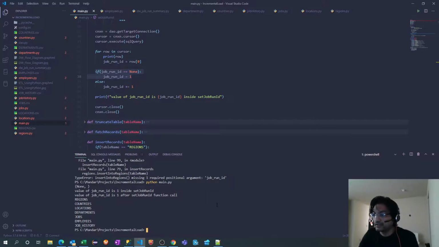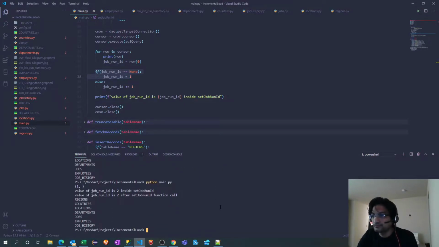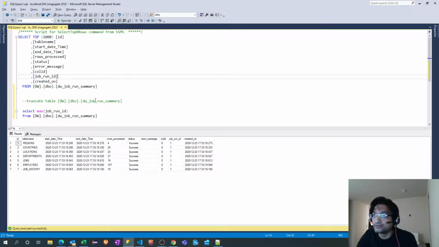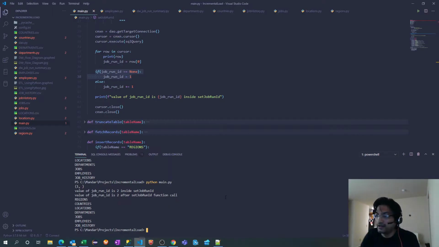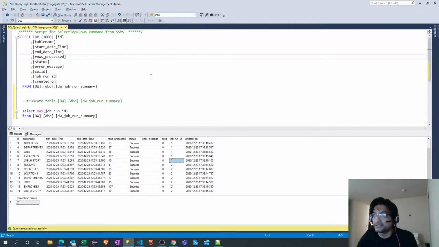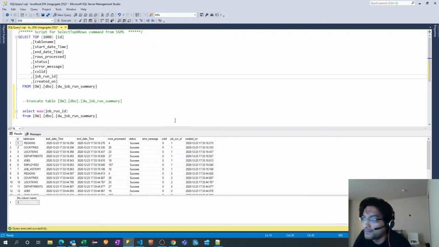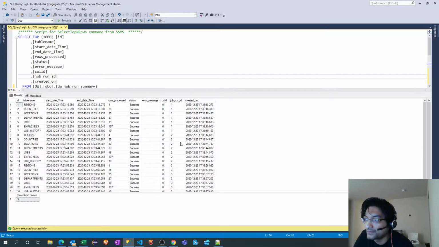Now if I run it again, which is the second run, let me execute this entire thing. See, it's the second run. And if I run it a third time, I should see the third value. Perfect. This is what we're expecting. See, one, two, three.